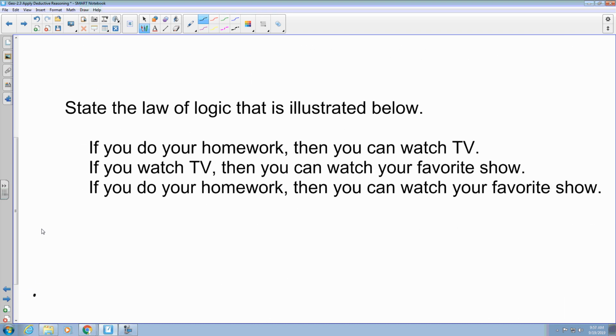Here it says state the law of logic that illustrates below. It says if you do your homework, then you can watch TV. If you watch TV, then you can watch your favorite show. If you do your homework, then you can watch your favorite show. So this is a law of syllogism